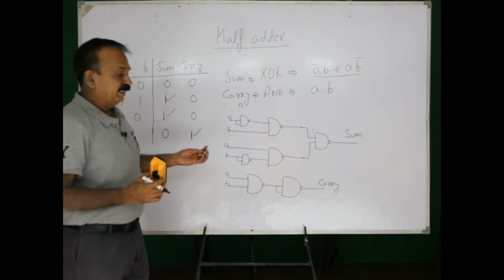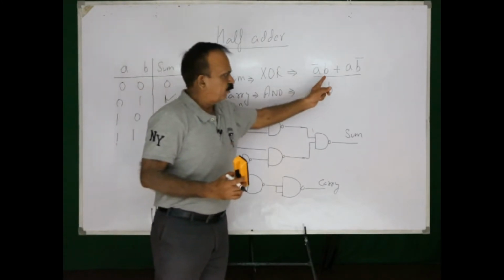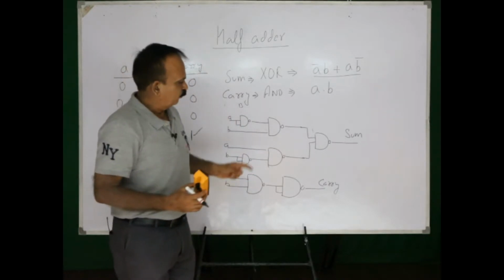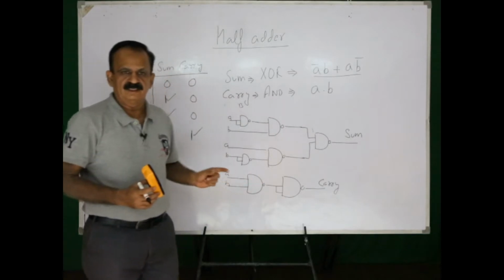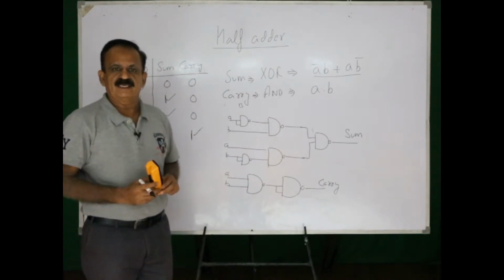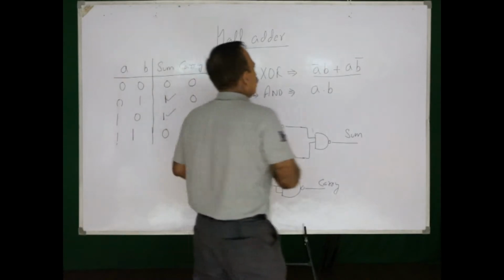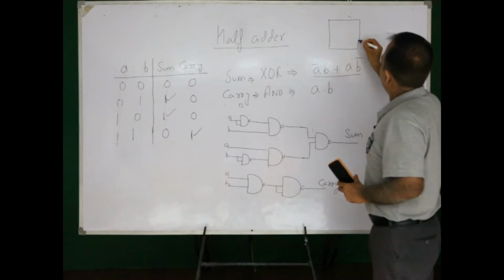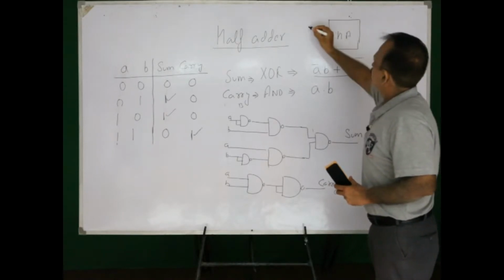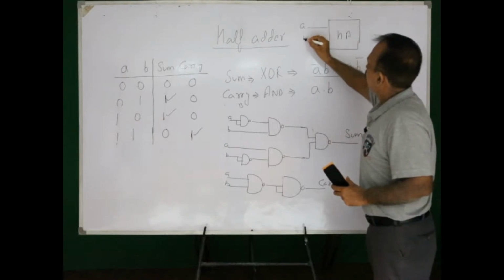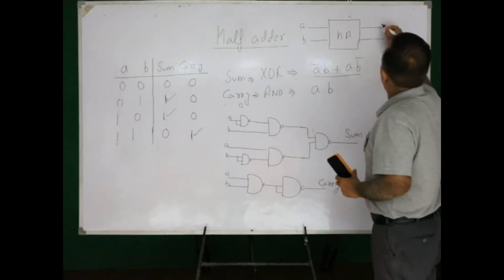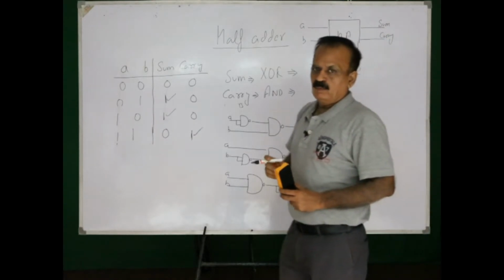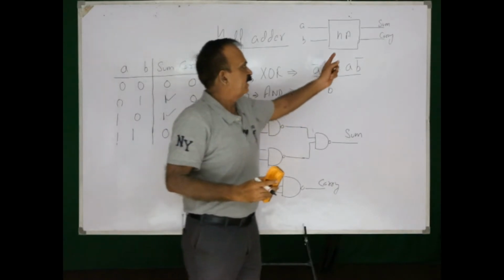That is by using NAND gates. This expression is in the form of sum of product. If this expression is in the form of product of sum, we can use NOR gates for this, that is the second universal gate we can have. Now in block diagram we represent this half adder something like this. Half adder, the 2 inputs say A and B, and then the output sum and carry. I hope we can visualize what will be the circuit inside this block.